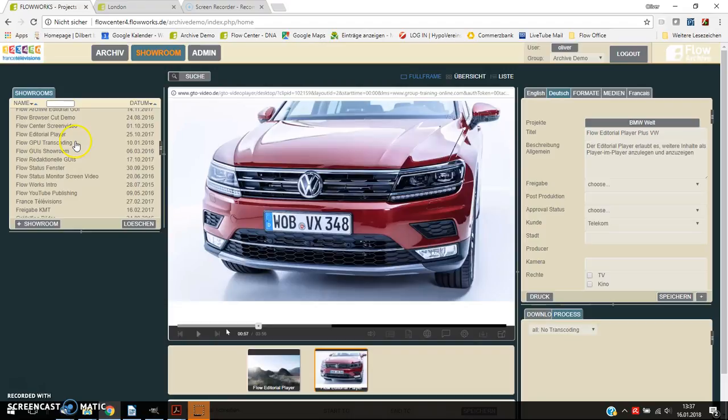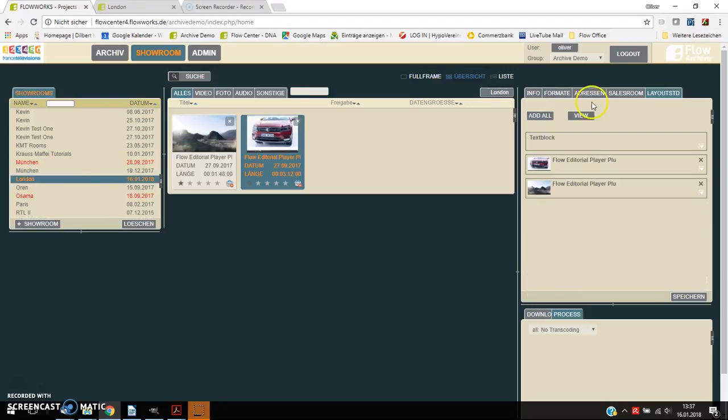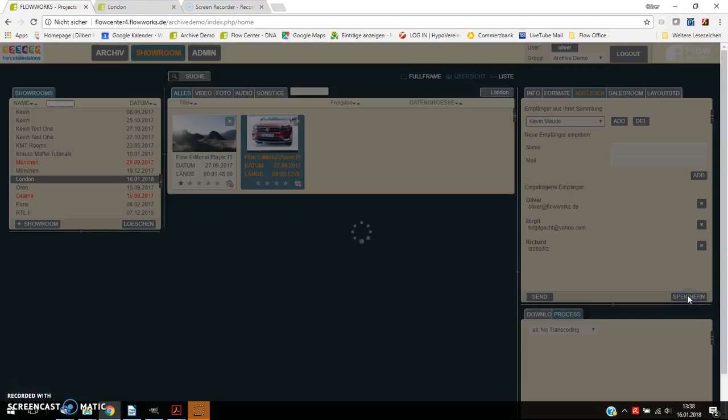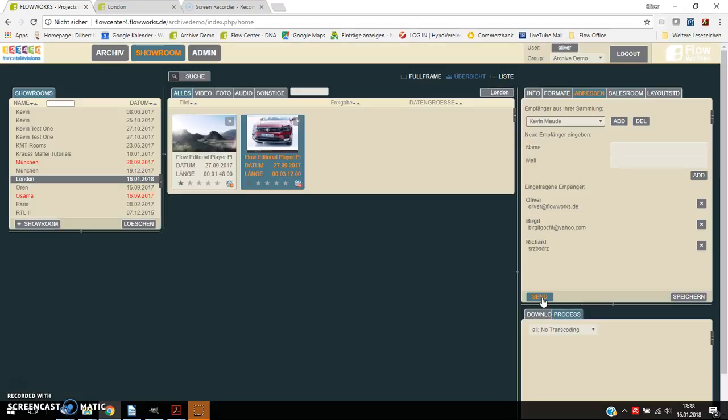But the other thing that I of course also have in the showroom, I can add addresses of people. These can come from a list. I can upload them into the system or even manage the users in the system and then just add recipients to this particular room, or simply type a name, Richard at you know where, and then I'll go and add somebody to it. If I save that and then hit send, the system will send out an email